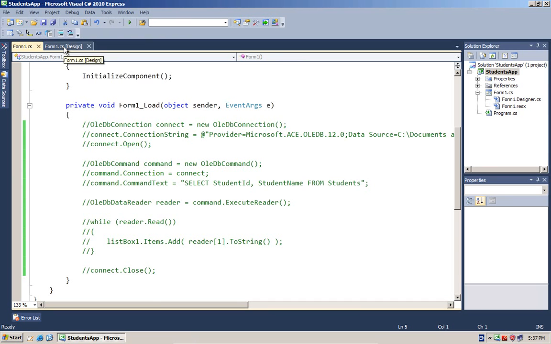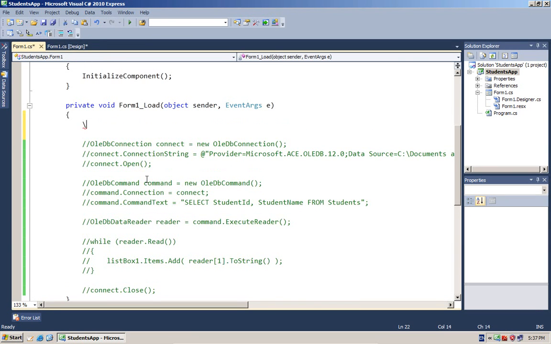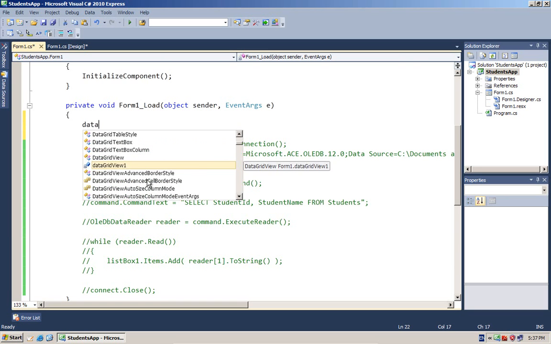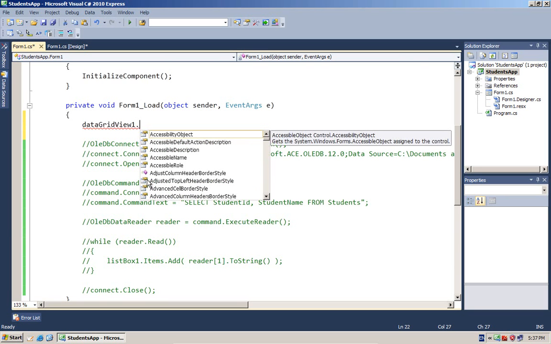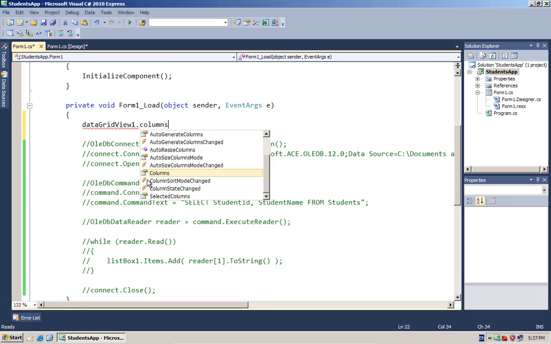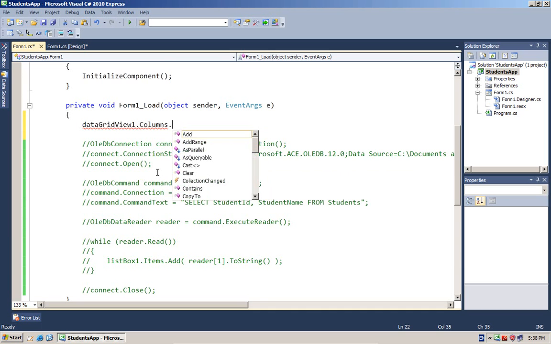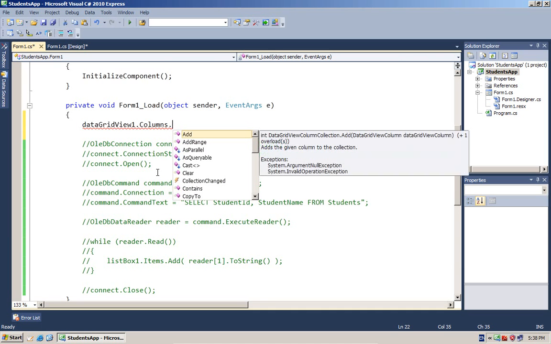So the data grid is basically a collection of columns and rows. This is the data grid. We haven't named it anything, so data grid view 1 is the default name. In this data grid we will move on to its property named columns, but it is not just a property, it is literally a collection of columns, just like an array list or a list. We can add columns, we can remove columns, we can search for a column, all the things that were available, and we can also get rid of all the columns.